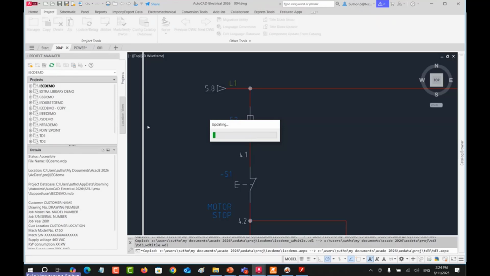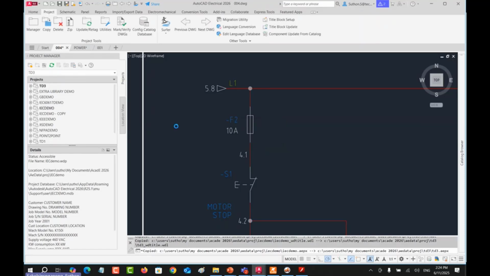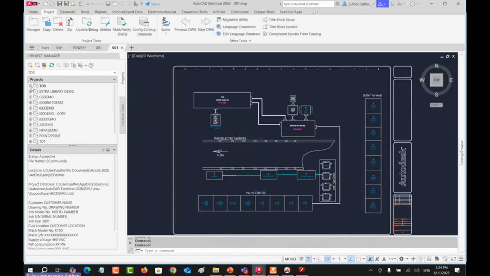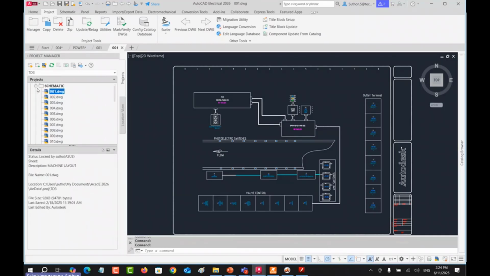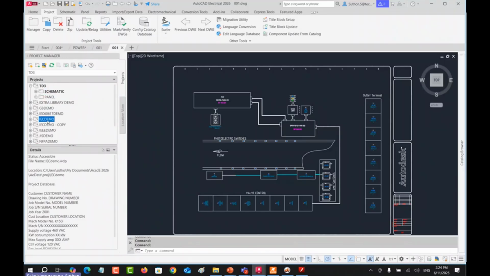Because I copy this one, I will do it in 3D by myself. This is a copy project, so I can do anything to this project without touching the IC demo. This one is my copy, the original one, so I protect this one.